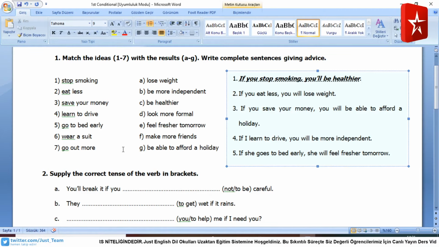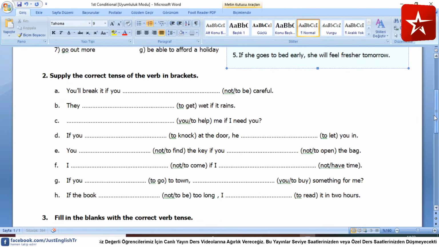Gamzener says a different sentence. That's great. If you go out more, he will make more friends. Yes, Data, it's correct. Nevin, it's correct. Nalan, it's correct. Okay. Adam also, Alena, Eylül, and Dennis. Okay, let's continue with